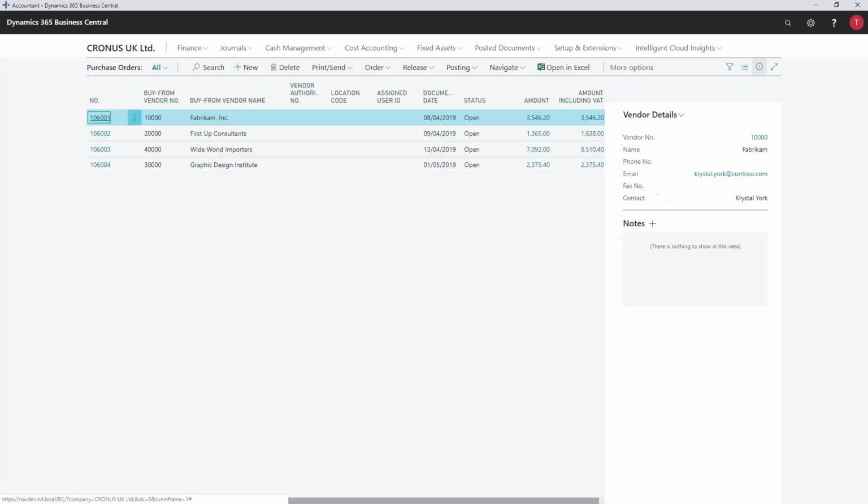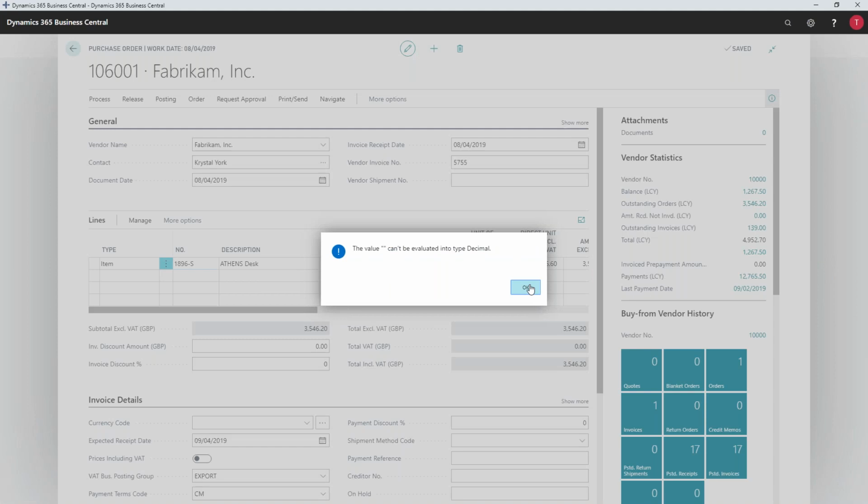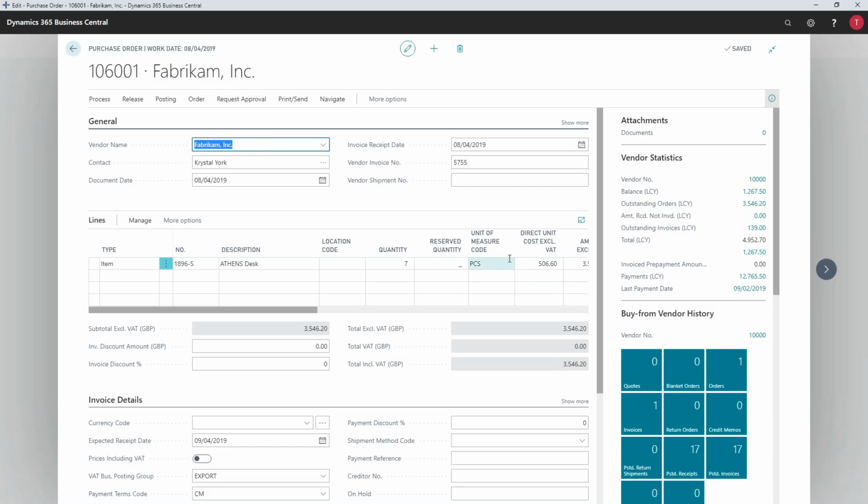Now I'm going to come back to an order capture screen. I'm on purchase orders, so let's open this one up. And that error message that keeps popping up, don't worry about it, it's because I haven't set up my cash flow 100% on the system yet. On this screen,